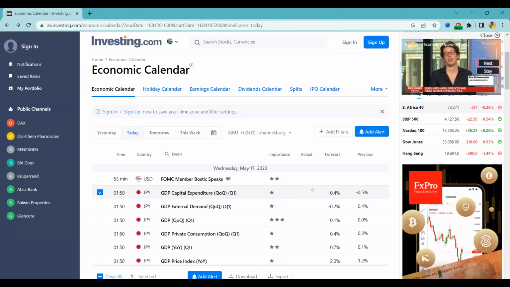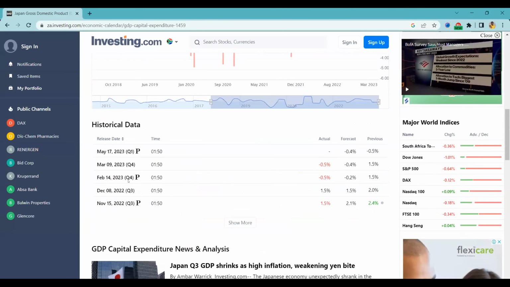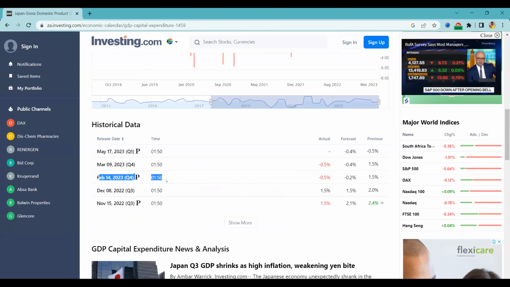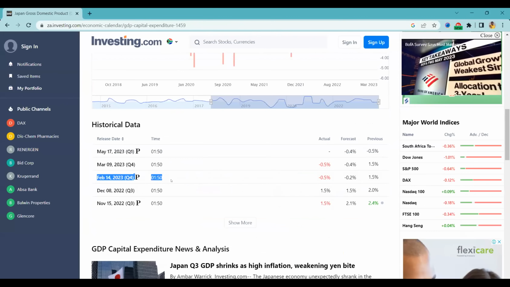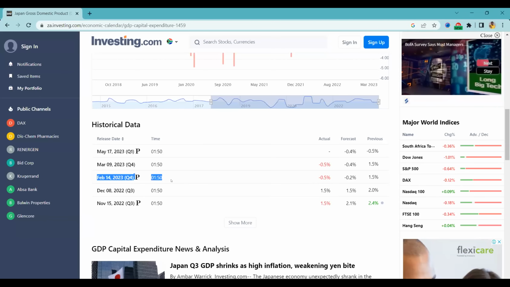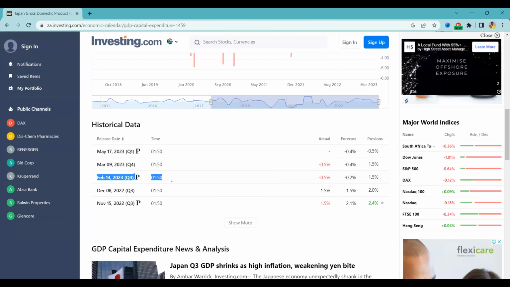Now, I hope you understand. So what it means is when you have the previous, the forecast, and you're waiting for the actual. Let me open the report for this event, for example. Let us go to the history. Now, let us go back to the 14th of February, which was Valentine's Day, right? I'm trying to mark that specific day, but it marks everything. So let me just mark this portion. So 14 February, we had our previous as 1.5, which was for December. The economists predicted that it's going to be negative 0.5%. And March, the previous was 1.5. And the economists,